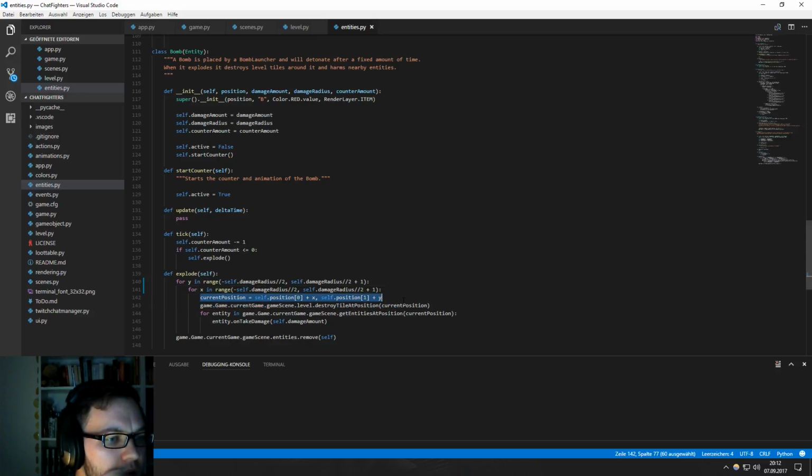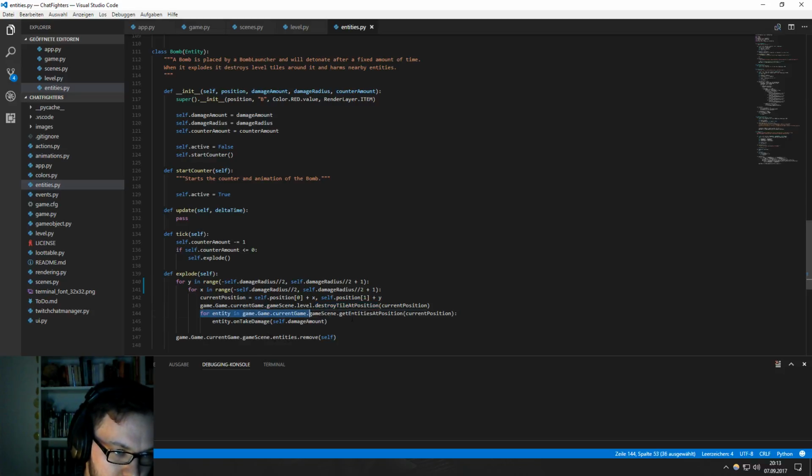Then we calculate the current position we are at, the tile position, then get the instance, because we kind of implemented that as a singleton, the game scene, get the level, and then destroy the tile, or try to destroy the tile at that position, and also